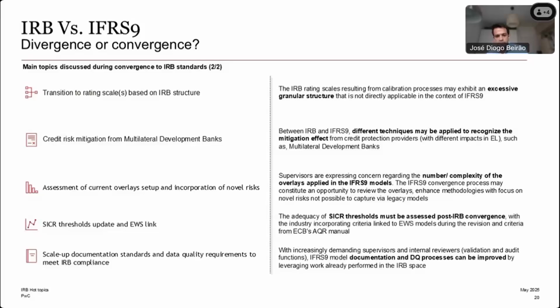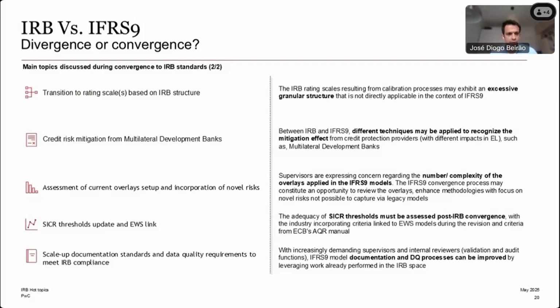Bringing it to IFRS 9 implies that sometimes what we observe is that the granularity that was dissected in the IRB environment is too much for IFRS 9, and some kind of aggregation may need to be performed to allow creating the IFRS 9 lifetime curves, and somehow create the communication with the